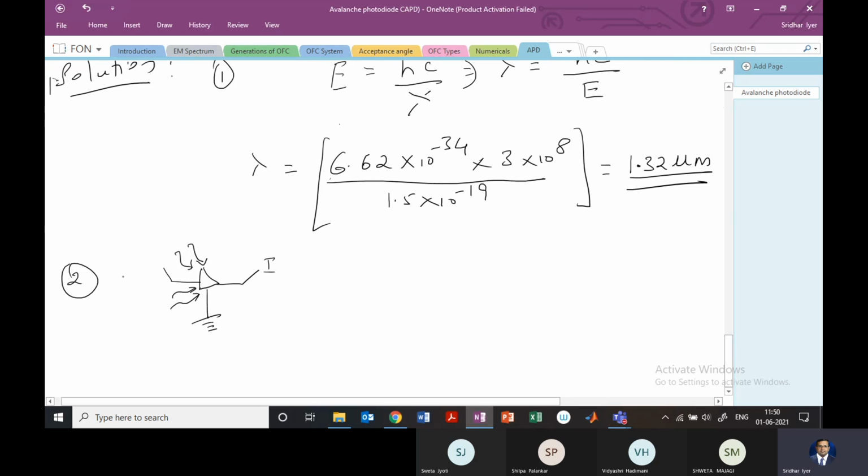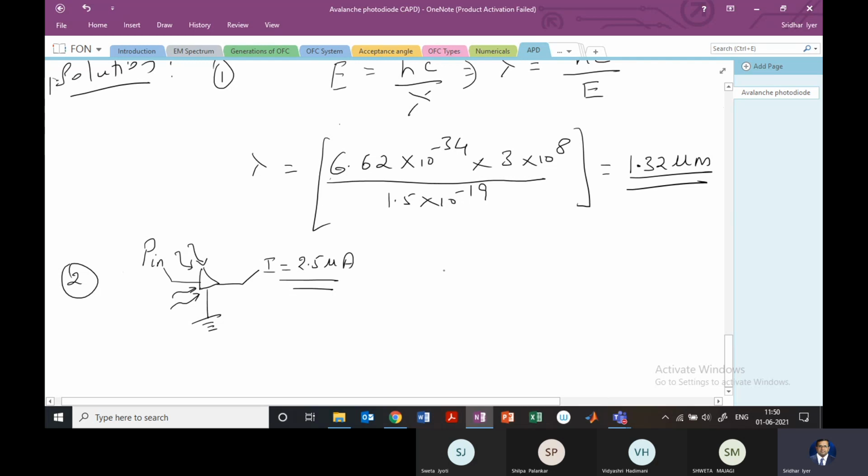What is given to us is the energy of the photons, and it says that the photocurrent which we need to obtain is 2.5 microampere. To get this amount of current, 2.5 microampere, we need to calculate what should be the incident power of the photons. So diagrammatically, that is what it looks like.